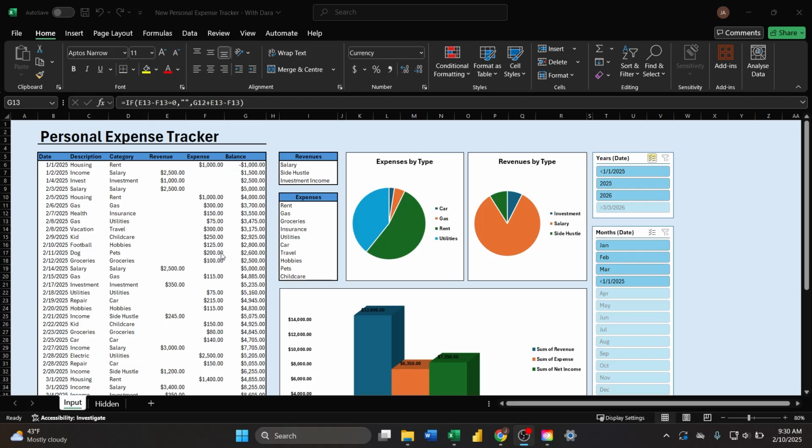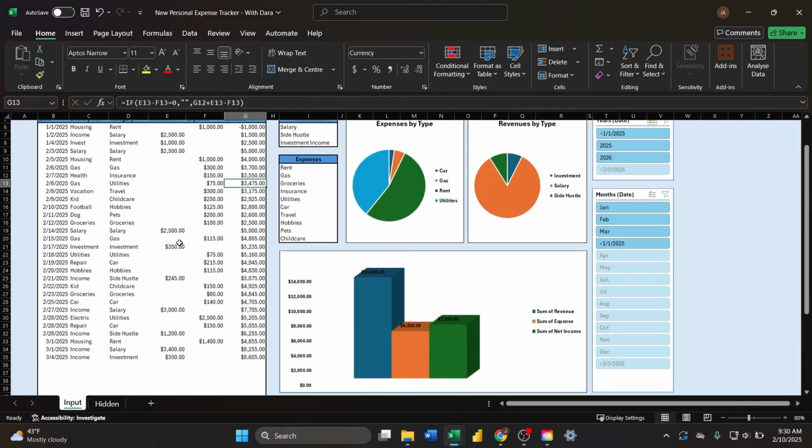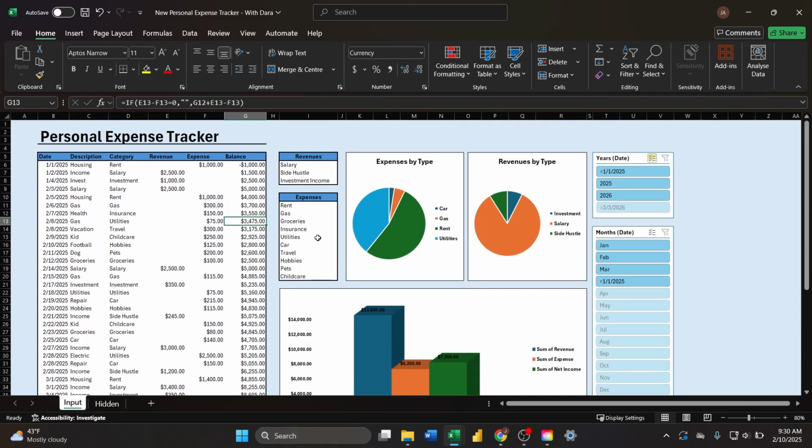How's it going? Today we're going to be building a personal expense tracker. It's very easy to do, however, it involves knowledge of some key Excel functions such as pivot tables, if functions,